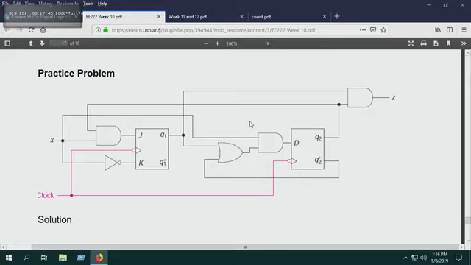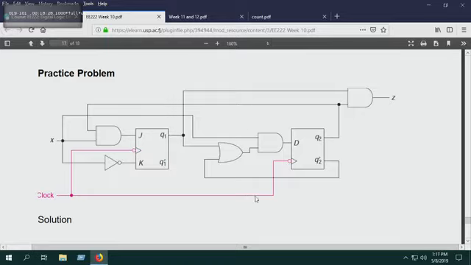So triggering, when you have one up and then low pulse of a clock, one complete cycle of a clock, one clock pulse triggers the flip-flop. What does triggering mean? It makes it change state. And what does it change state to? According to what is being fed into the inputs and what the current state is. You already know the excitation, right? The characteristic table: the current state together with the current flip-flop input results in the changeover to the next state. And the changeover happens upon the clock triggering. So you see the clocks are tied.